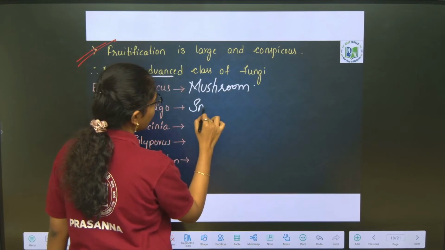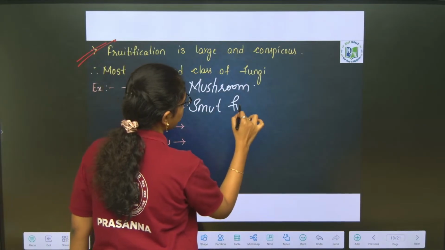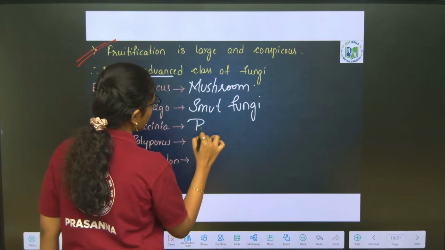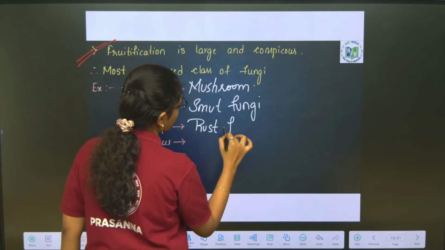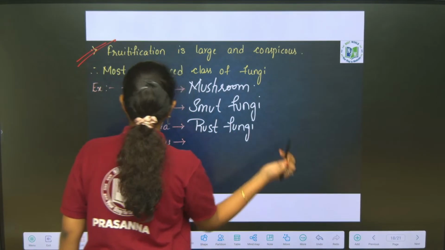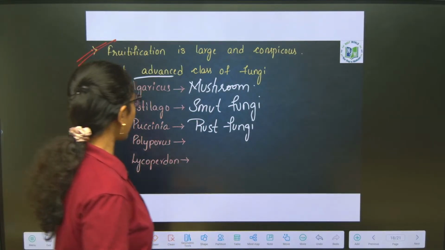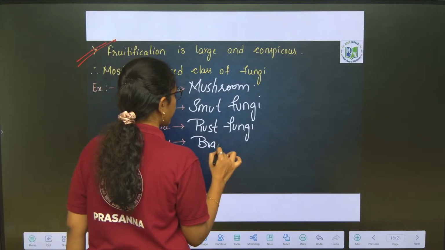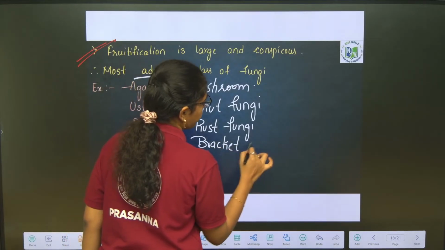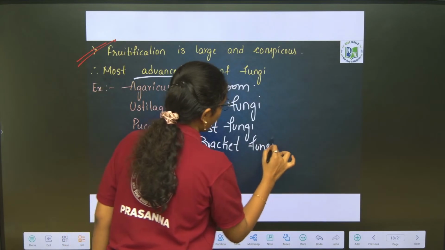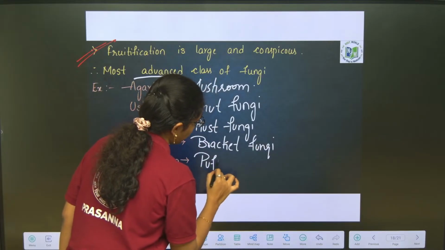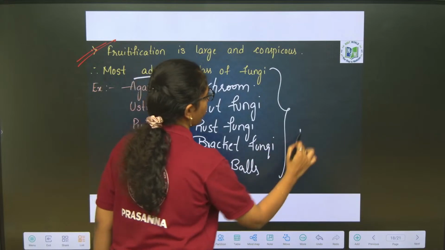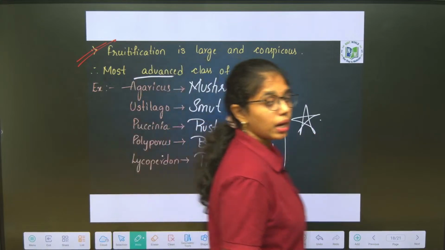Eustylago, which is a smut fungi. Puccinia is rust fungus or rust fungi. Polyporus and Lycoperdon. Polyporus is a bracket fungi. Lycoperdon are also called as puff balls. Remember the synonyms, okay, very important. Fine. Next,